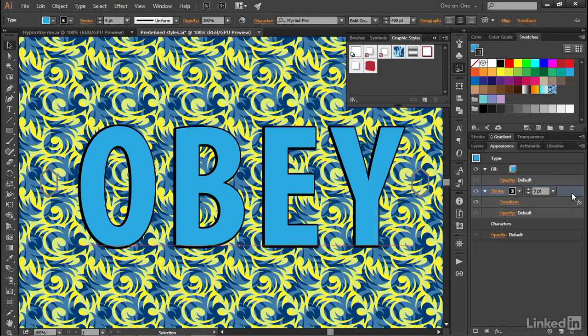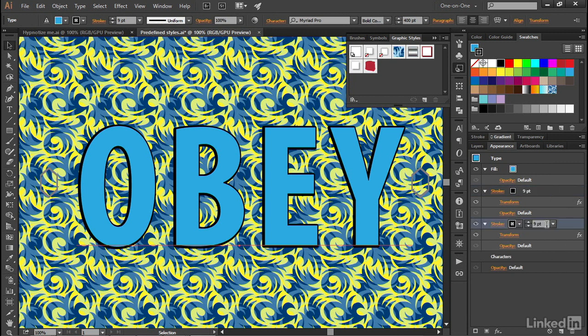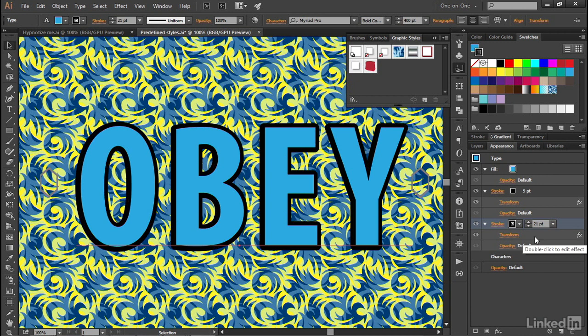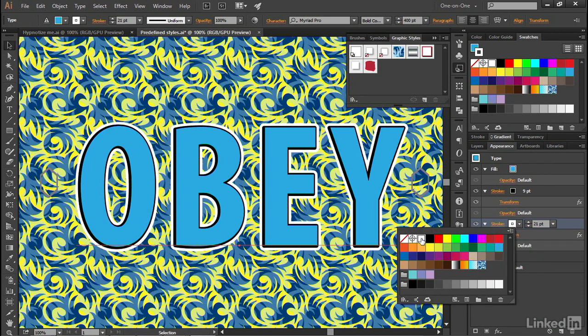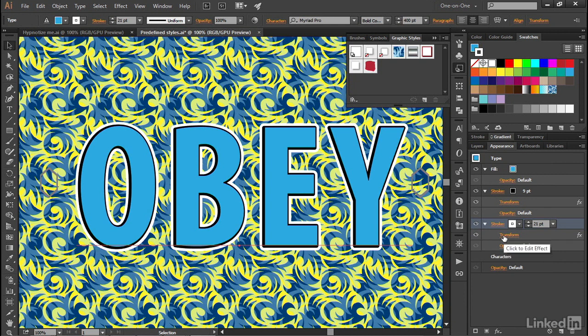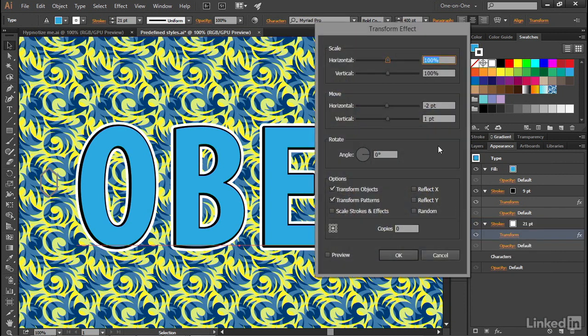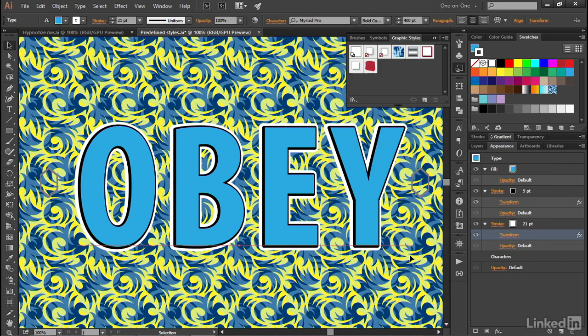All right, now I want to make a couple of copies of this stroke, and so with the stroke active, I'll click on a little page icon in the bottom right corner of the appearance panel, and then I'll click on that second stroke there, and change its line weight to 21 points, and then I'll click on the color icon and change it to white this time around. And I want to offset it a little differently, so I'll click on the word transform right there, and I'll take the horizontal value down to -4 points and click OK,